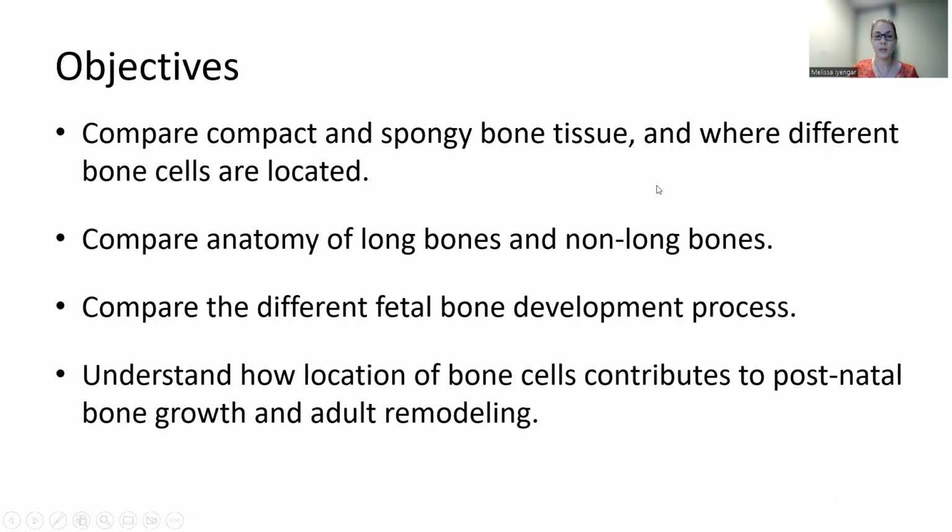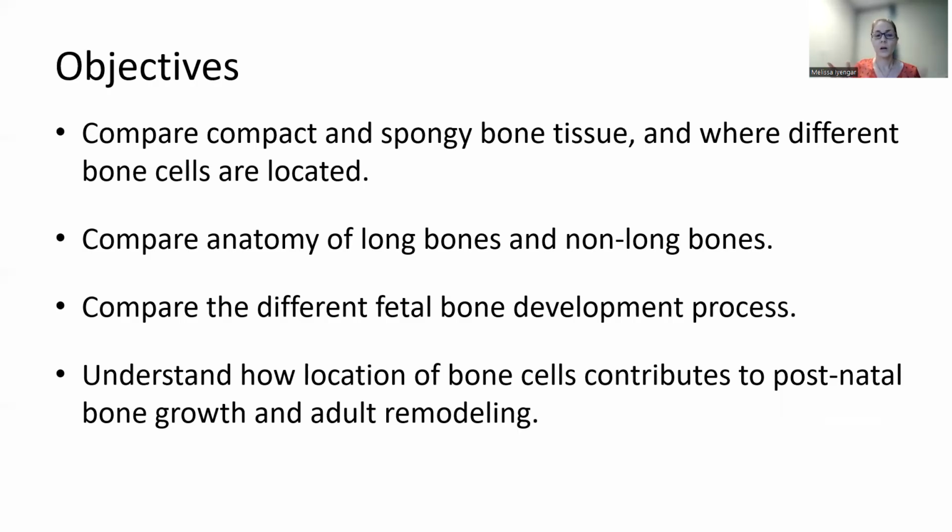So in these couple of videos that I'm gonna cut into hopefully about 10-minute chunks, I'm gonna do compact bone versus spongy bone. And then I'm also going to show you where to find compact bone versus spongy bone in different types of bones, so long bones and then a non-long bone. And when I do compact bone and spongy bone, and then the anatomy of long bones versus non-long bones, I'll show you where to find the different types of bone cells, because often that gets a little bit